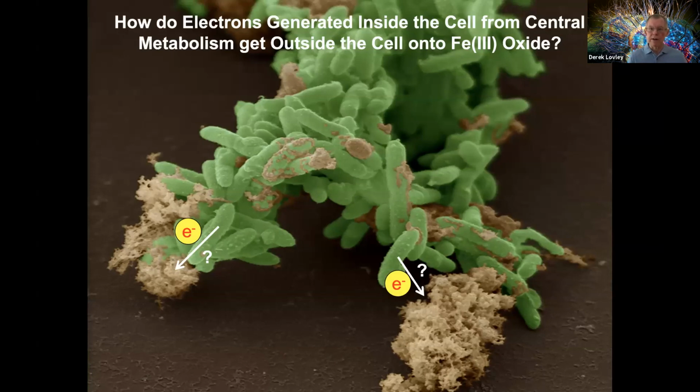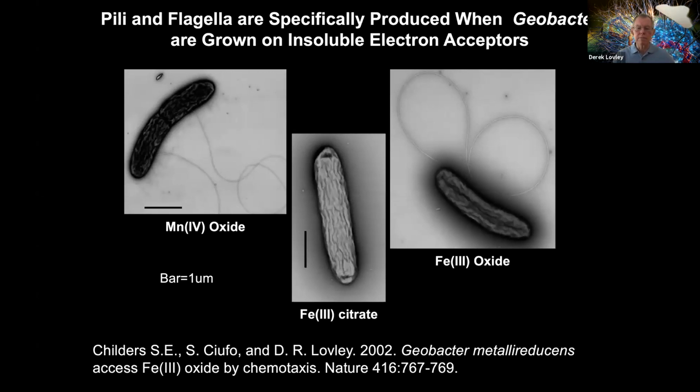So with all that importance of iron oxide reduction, we're back to the basic question we were interested in: how do electrons generated from central metabolism inside the cell get outside the cell onto these insoluble iron oxides. There are multiple mechanisms for this, but the concept of this unique strategy of nanowires started with an observation made by Susan Childers some time ago, in which she noted that when you grow Geobacter metallireducens on an insoluble electron acceptor like iron oxide or manganese oxide, it will